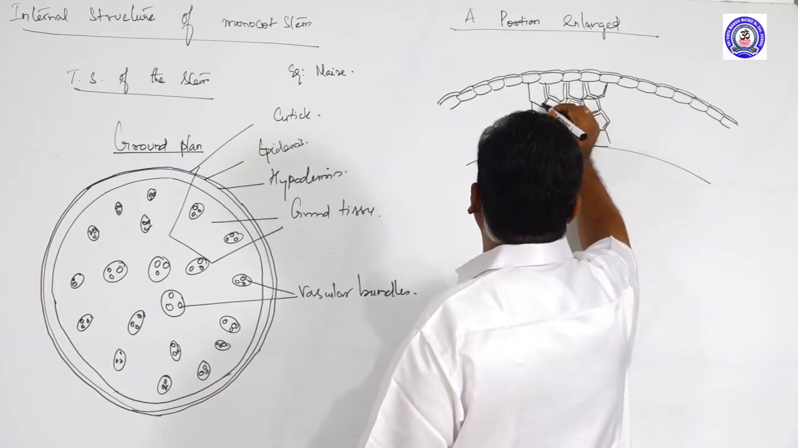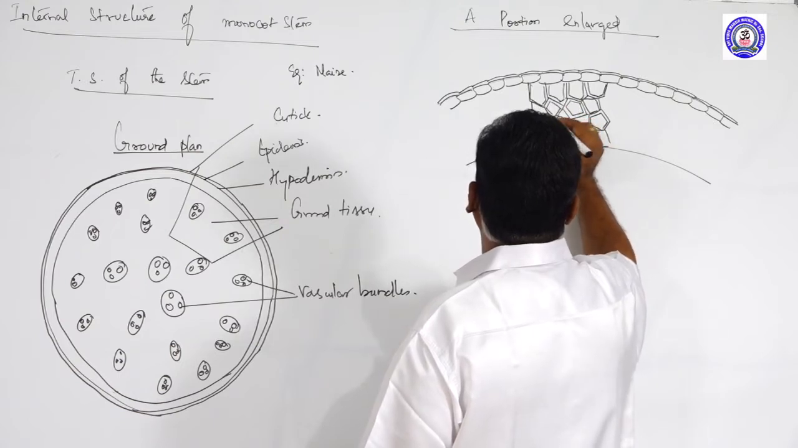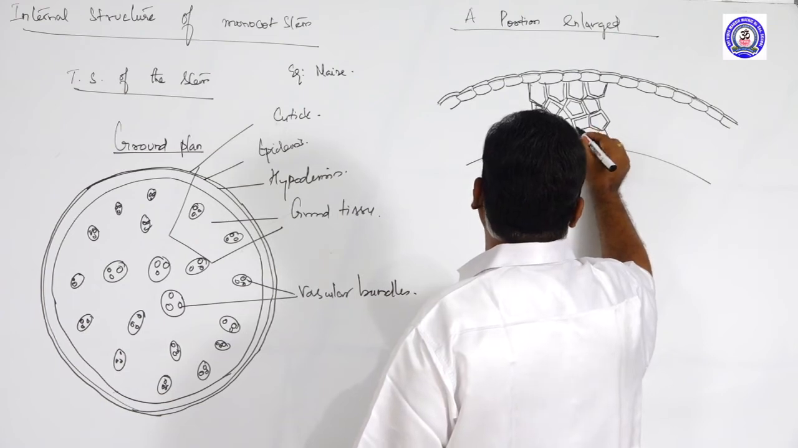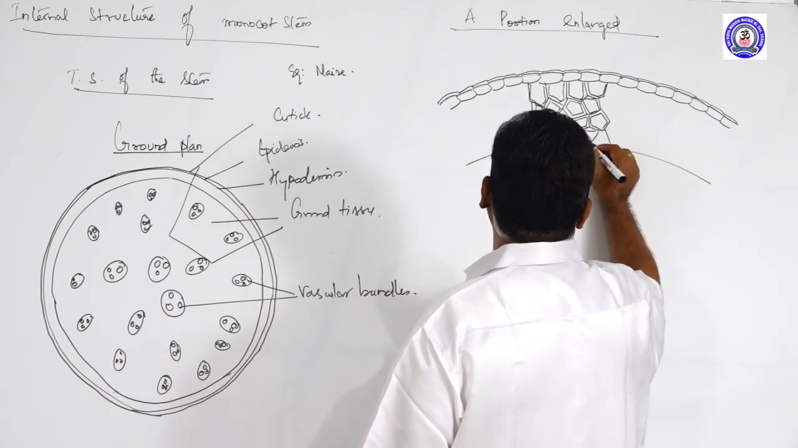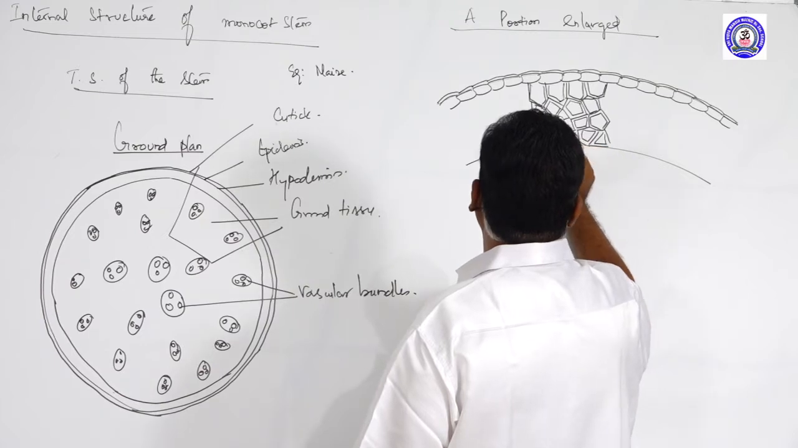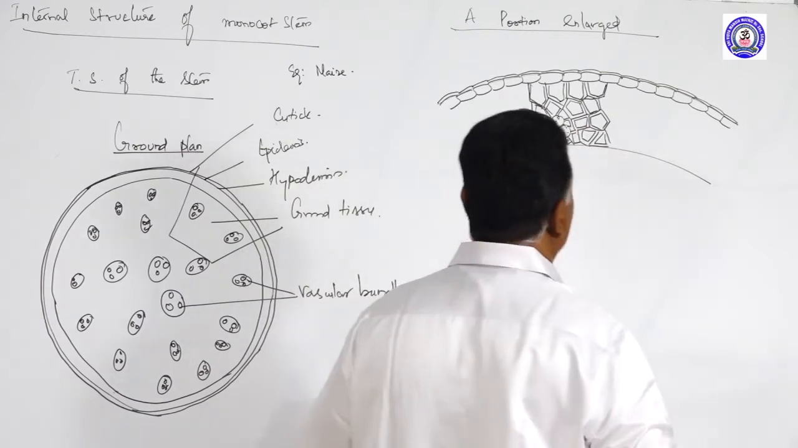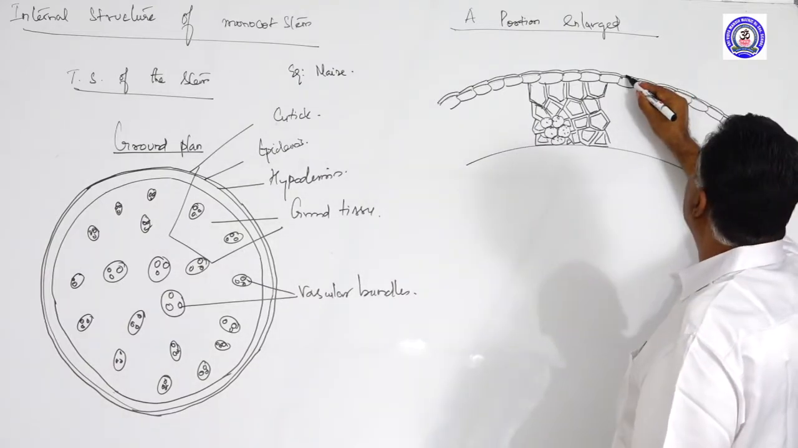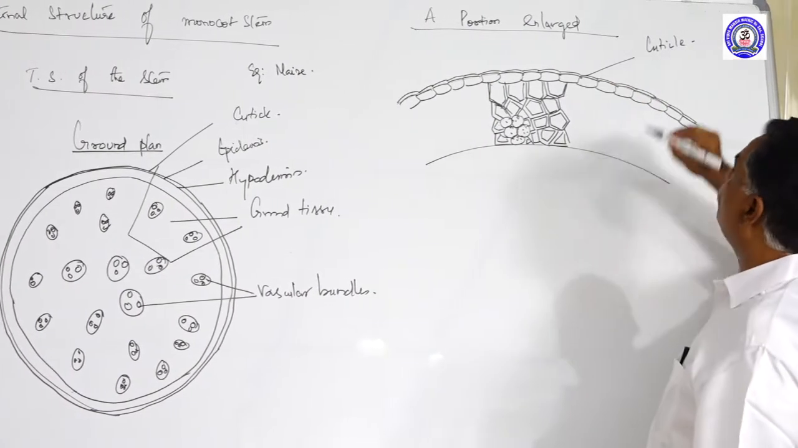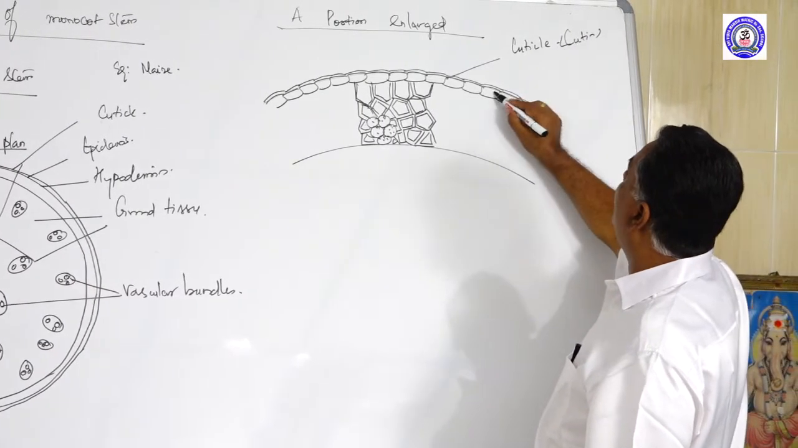What is the function of cuticle? Cuticle checks transpiration. Epidermis gives protection. And sclerenchyma, here hypodermis sclerenchyma, gives mechanical support to the plant body. And we know that the chlorenchyma is involved in photosynthesis. So, we will mark that this is cuticle. What is the cuticle made of? Cutin, a waxy substance,